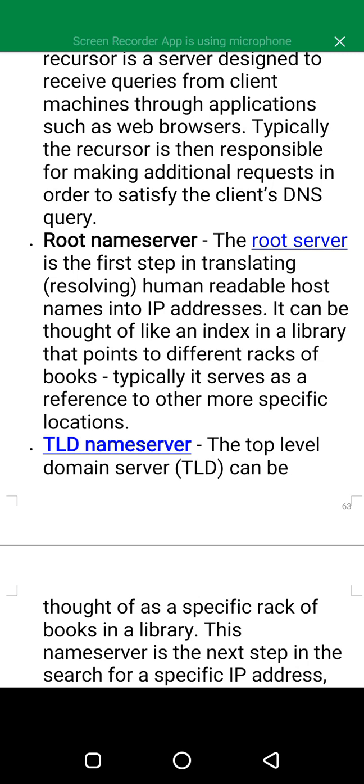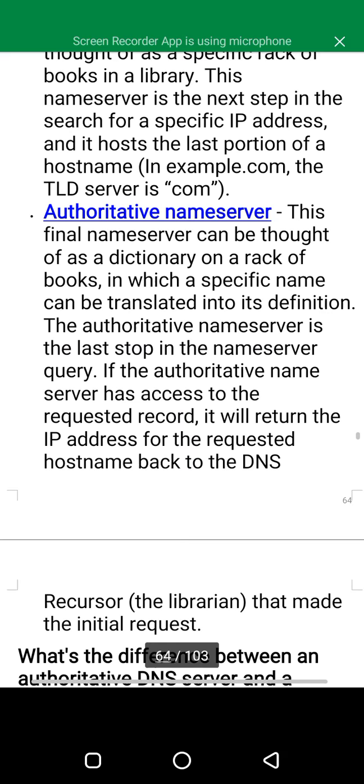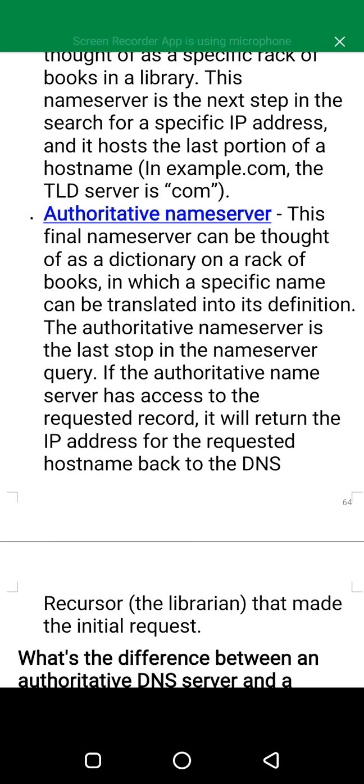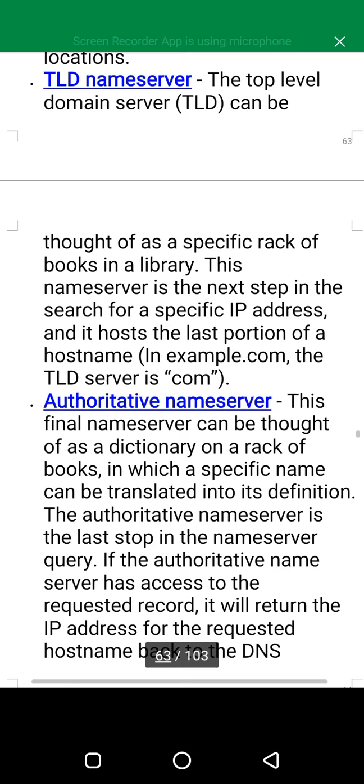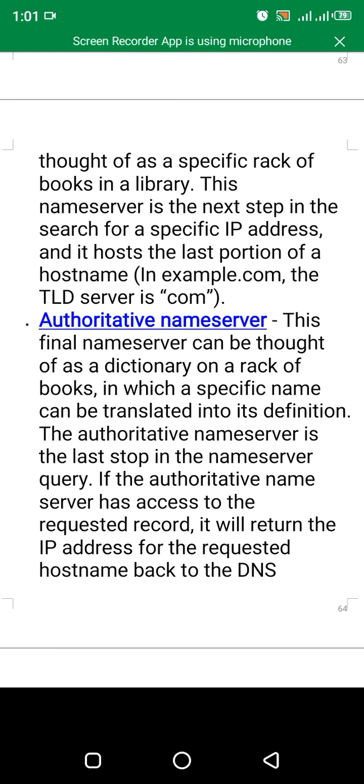TLD name server, that is another type. The top level domain server can be thought of as a specific rack of books in a library. This name server is the next step in the search for a specific IP address, and it hosts the last portion of the host name. In example.com, the TLD, or the top level domain, is com.